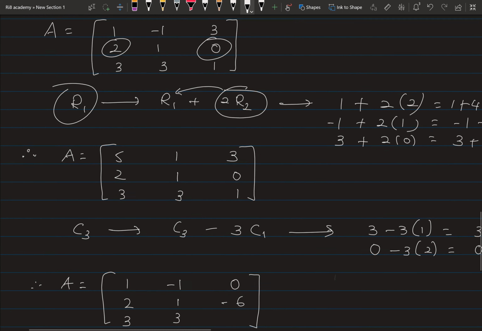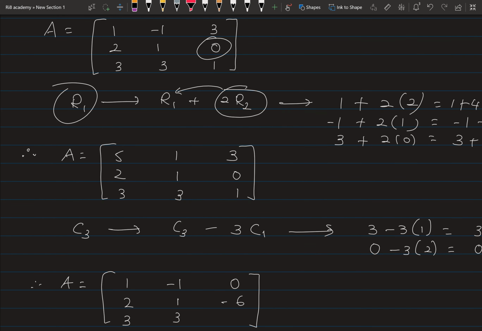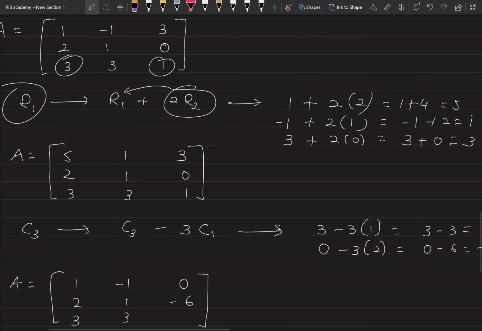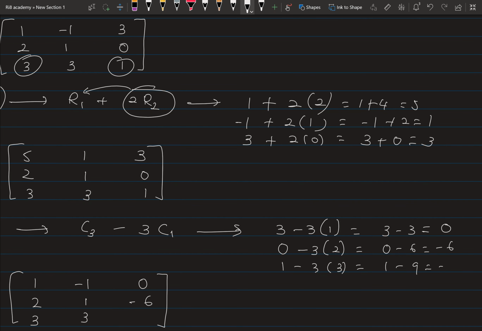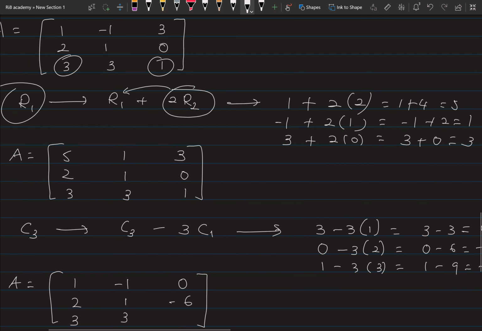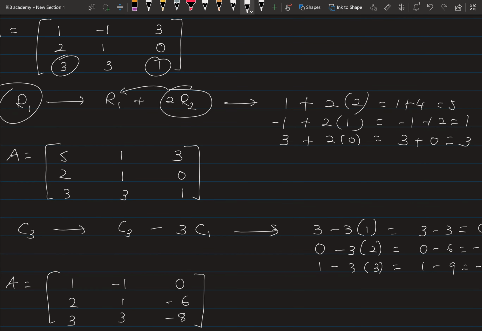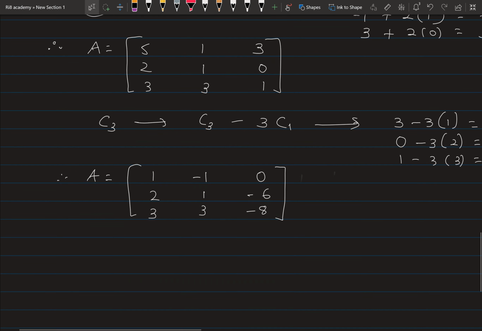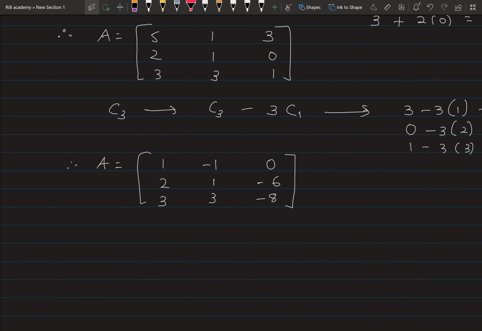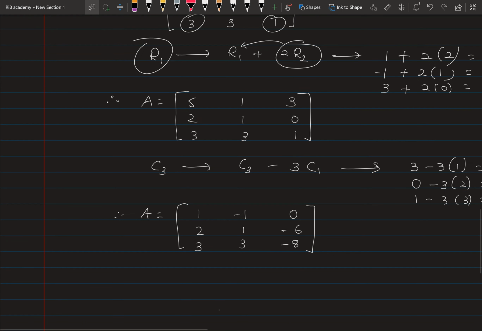Now we go a little bit further. Now we have this 3 and this 1. So what we do? It is 1 minus 3 times 3. That is 1 minus 9, which is -8. So my answer is -8. So this is my new matrix. Is it clear, all of you? Okay, so this is the explanation of